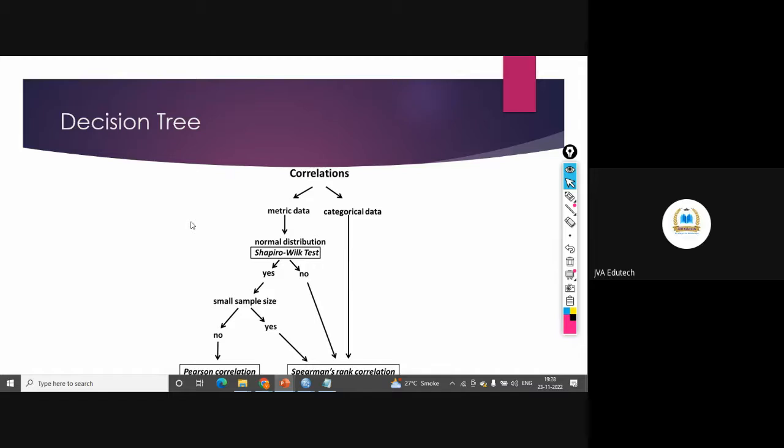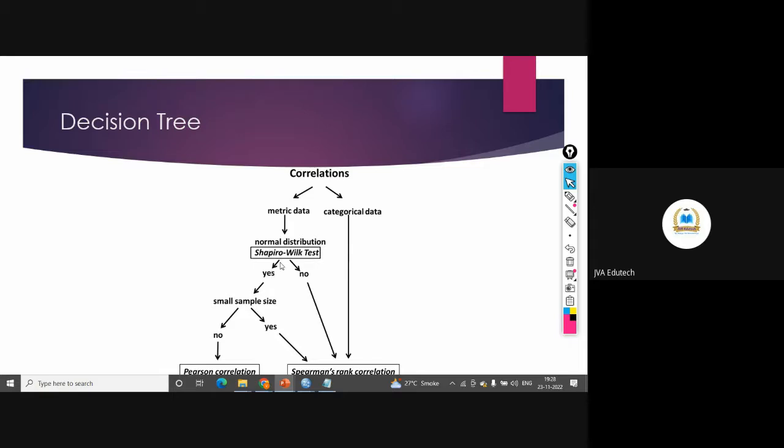I never assume that every metric data is normally distributed. That's why if you have metric data, test for its normality, either by Shapiro-Wilk or Kolmogorov-Smirnov or any other method. If it is following normality,